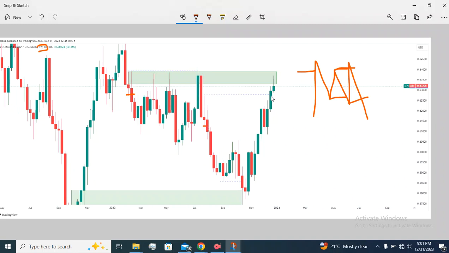This is where we are supposed to set our sell order and our stop loss right above here for the investors. But for us who don't want to spend a lot of time in the markets, we always refine our stop losses by going down on the lower time frames. So moving to the lower time frame,